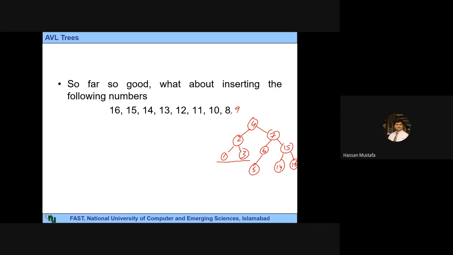अच्छा जी, आफ्टर इंसर्टिंग, हमने अभी तक जो इंसर्ट किया था 14 तक इंसर्ट कर लिया। ठीक है जी। तो नाउ विल इंसर्ट 13 इन दिस ट्री। तो 13 वुड बी bigger than 4, bigger than 7, smaller than 15, smaller than 14. So 13 comes here. अब देखिए ब्रांच लंबी हो गई है ना।